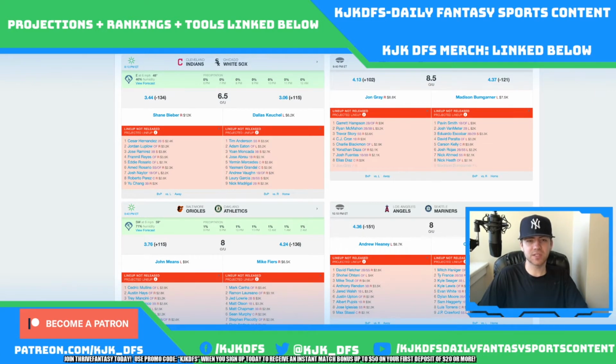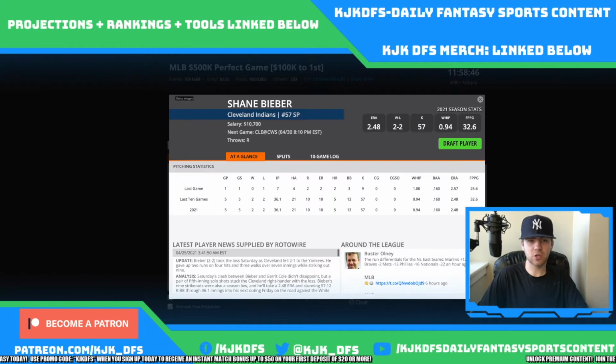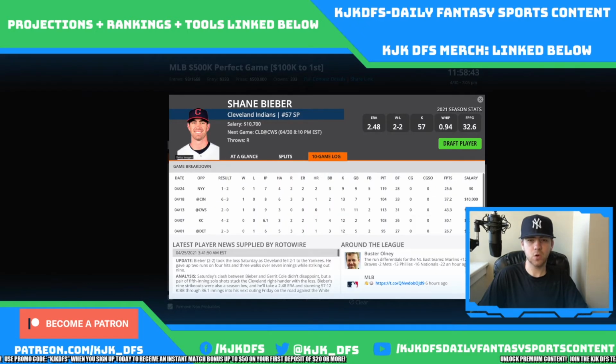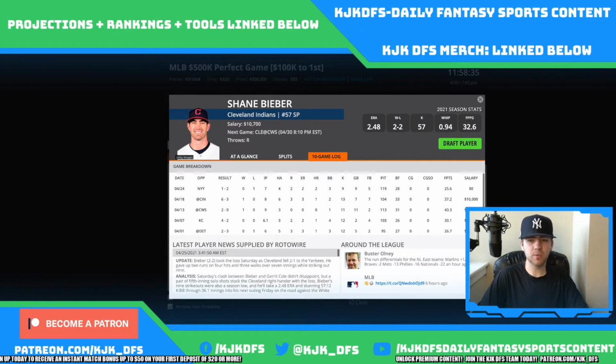Taking on the Chicago White Sox team, they have a 3.06 implied run total against him. He's a 134 favorite, and has been absolutely dominant the last 2 years. He's priced at 10.7 on DraftKings. He's actually priced more expensive than Garrett Cole, and so far in the season, we've seen him continue his really good form. 9 Ks, 13 Ks, 11 Ks, 12 Ks, 12 Ks,